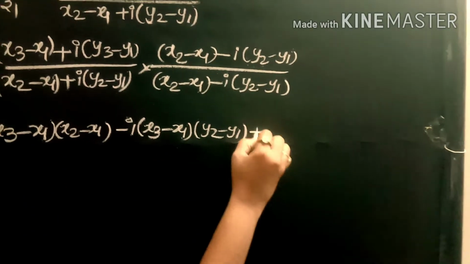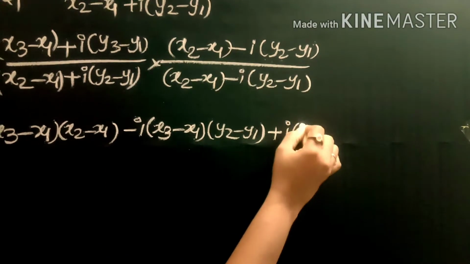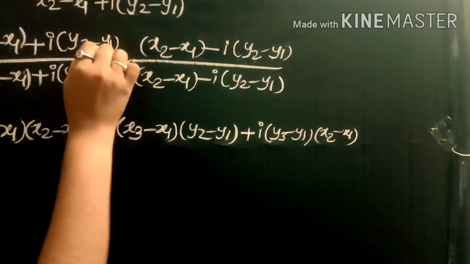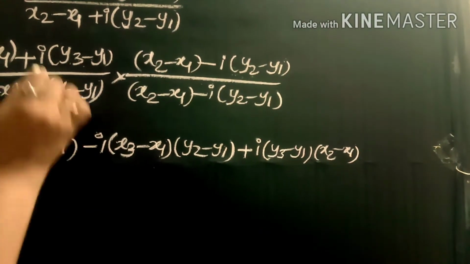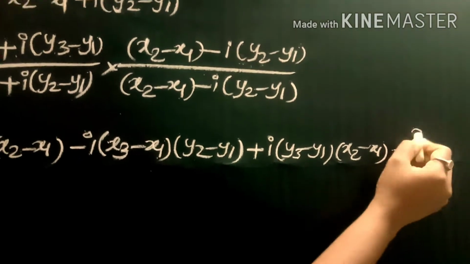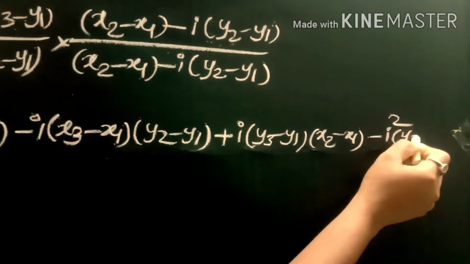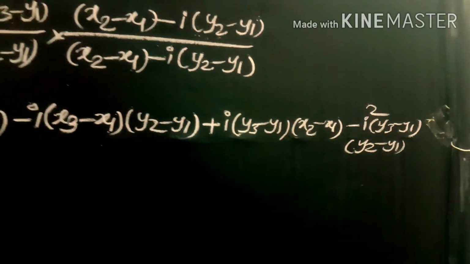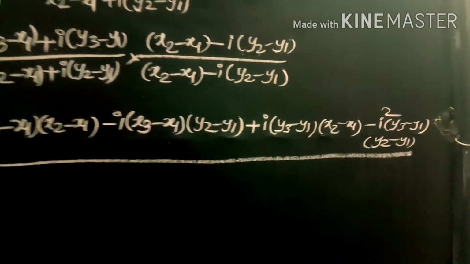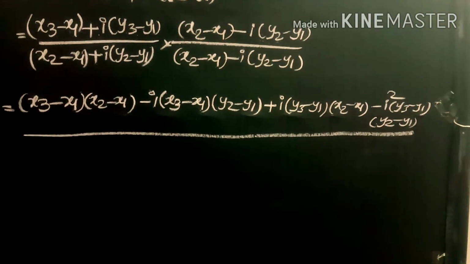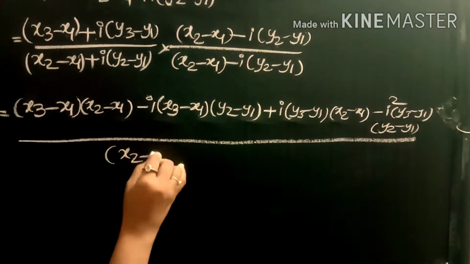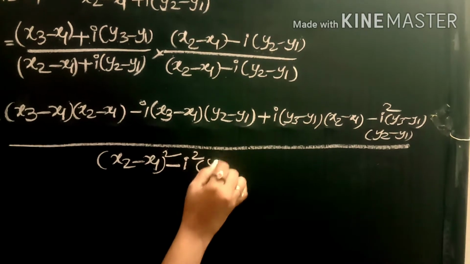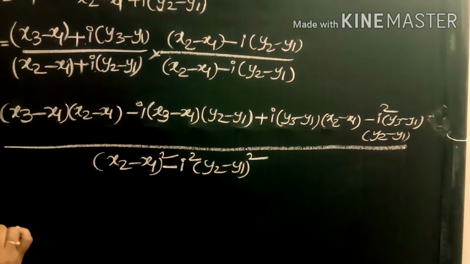So the next term is plus i into these two values, plus i into (y3 minus y1) into (x2 minus x1), and the last value, second value into second value, that is minus i squared into (y3 minus y1) into (y2 minus y1), whole by, this is (a plus b) into (a minus b), which is a squared minus b squared, that is (x2 minus x1) whole squared minus i squared into (y2 minus y1) whole squared, and this is equal to,